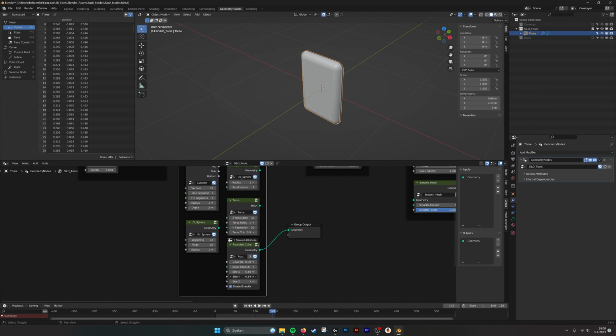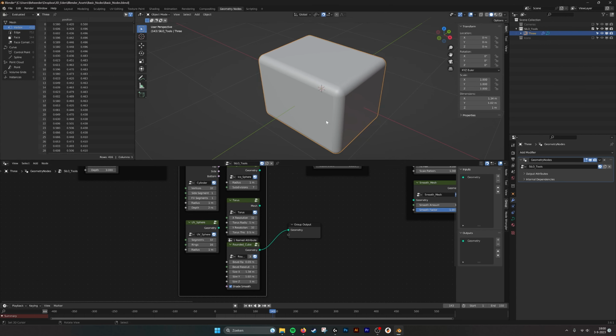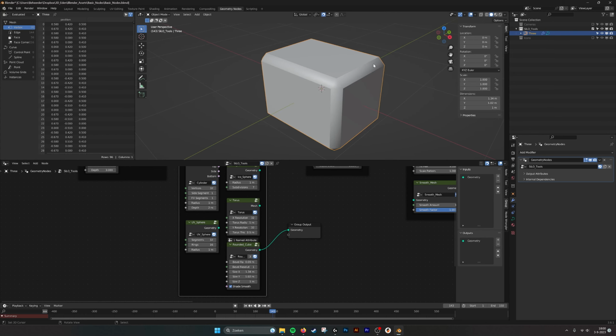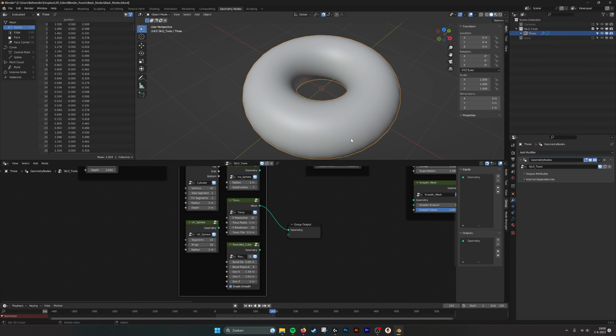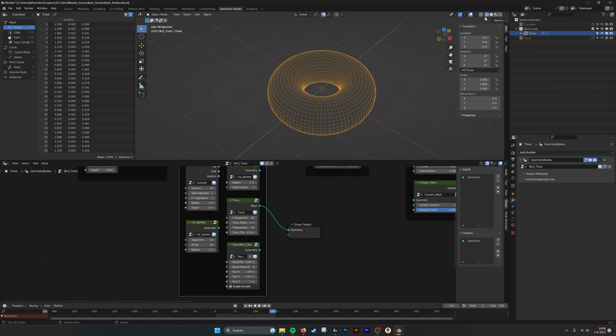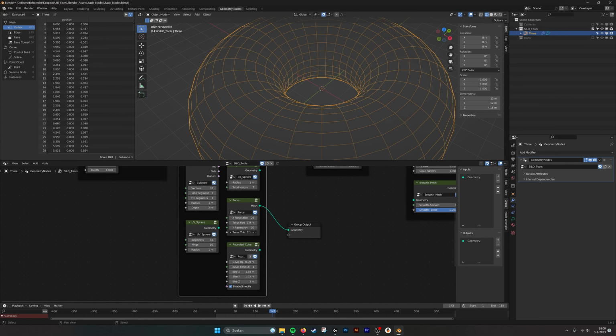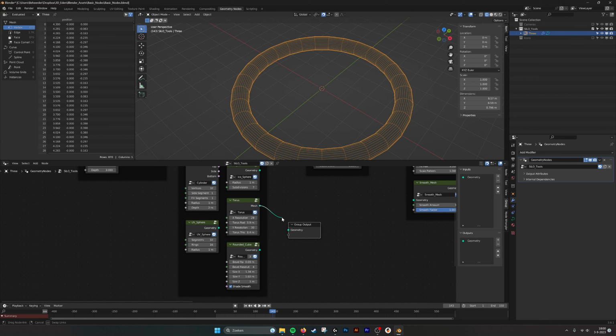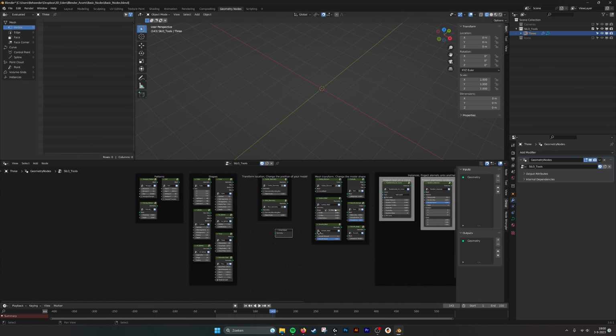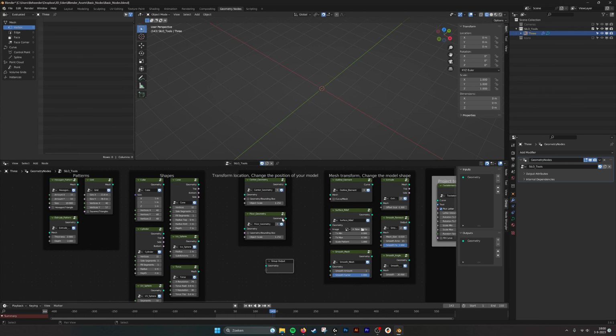So you can go negative, and it looks a little bit weird, but in this way you can easily create beveled cubes. And also set the amount of subdivisions of the bevel. And you can also turn off the shade smooth. And with the torus it's also the same, that you can give it more geometry and less geometry. You can expand it, and you can also make it thicker. So that's also nice to have within geometry nodes. Here we also have something interesting,